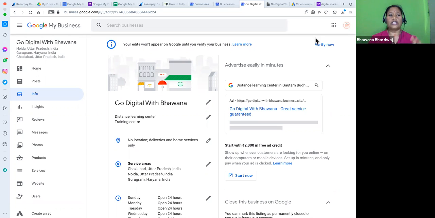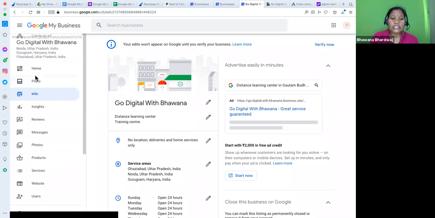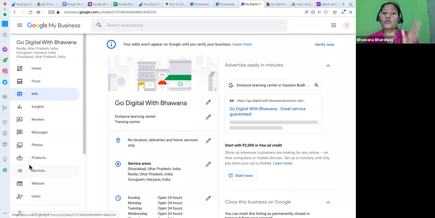No, right now this is the optimization. The first step you have created. Now the second step is optimization. Optimization is whatever tools are given to you, use those tools to find the right keywords. So when you are defining your services, use those keywords, whatever keyword you want this business to appear for. When you are not doing anything, you will start appearing only with this name, Go Digital with Bhavna. That will be searchable. When someone looks for Go Digital with Bhavna exactly, you will find this business listing.